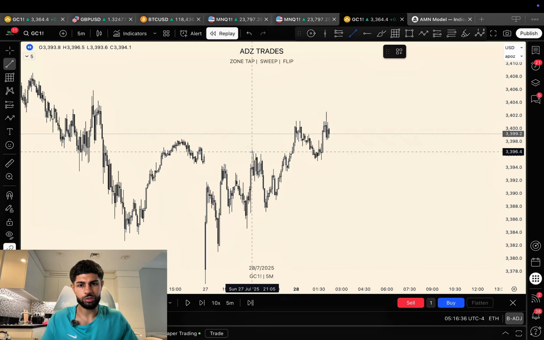As you can see, we swept the first tap in this one. We completely ran through it with no bullish shift. So that one gets broken. Then we have this up to down here. What do we notice again? Price runs through it, right? It tries to bounce, it fails, it runs through. So where do we get this shift? We get this shift here, telling us, yeah, we're ready to long.